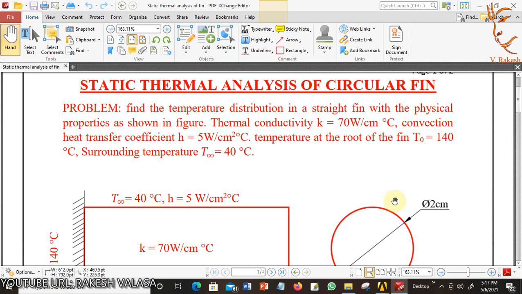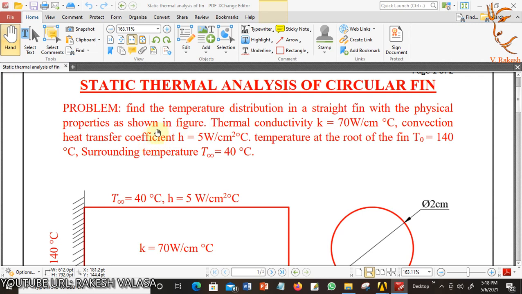In this video lecture, I am going to explain static thermal analysis of circular pin. Let us see the problem. Find the temperature distribution in a straight pin with the physical properties as shown in figure. The thermal conductivity of the given object K equal to 70 watt per centimeter degree centigrade.